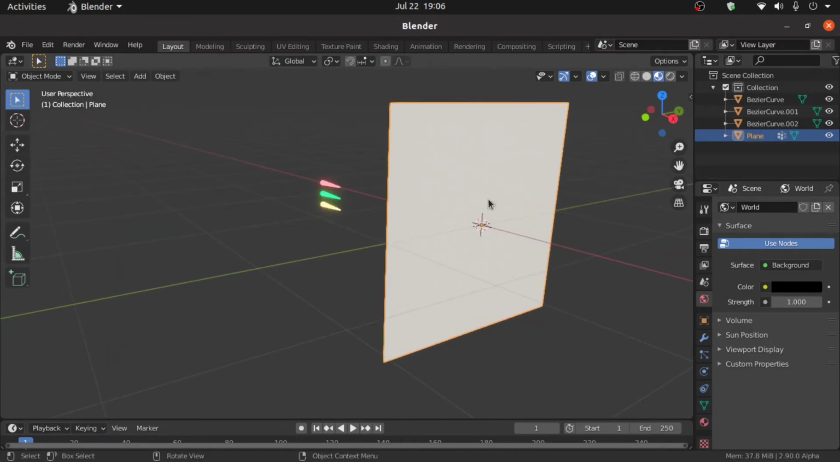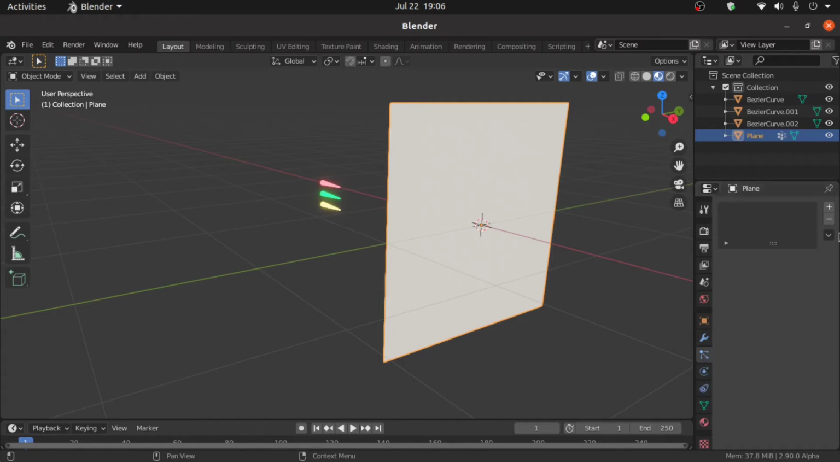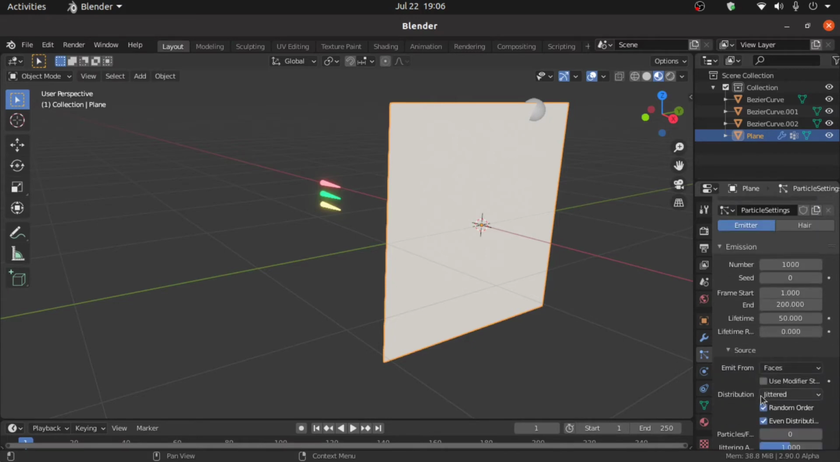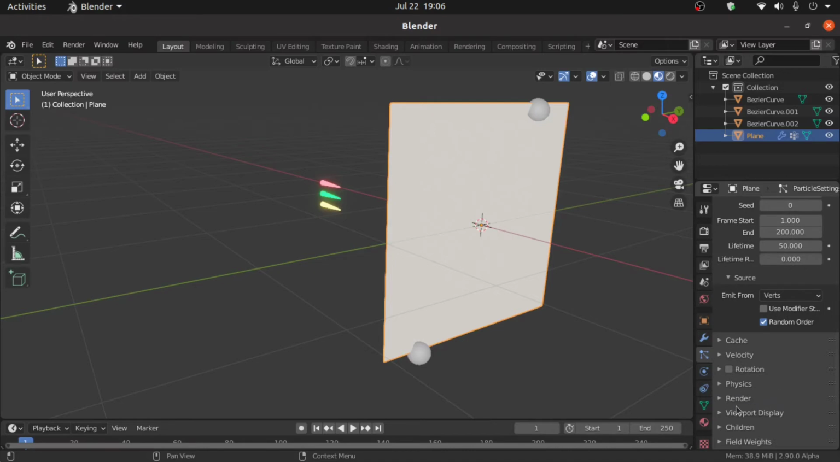So select this plane, then click on this particle properties, then click on this plus icon. Okay, and we have to make three particle systems because we have created three vertex groups. So again click on this plus icon, then click on this plus icon. Now select the first particle system, and under this source we have to select vertex. Okay, under this render option, change render as object,